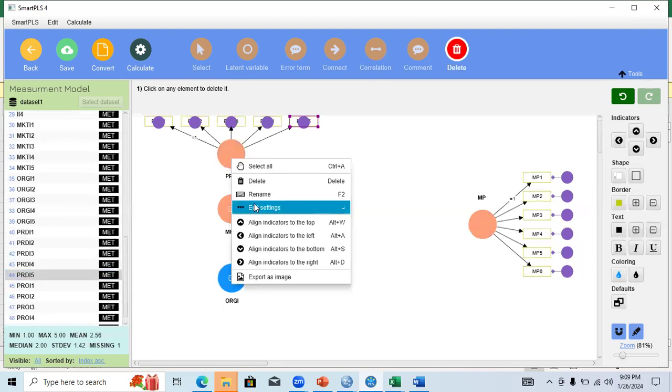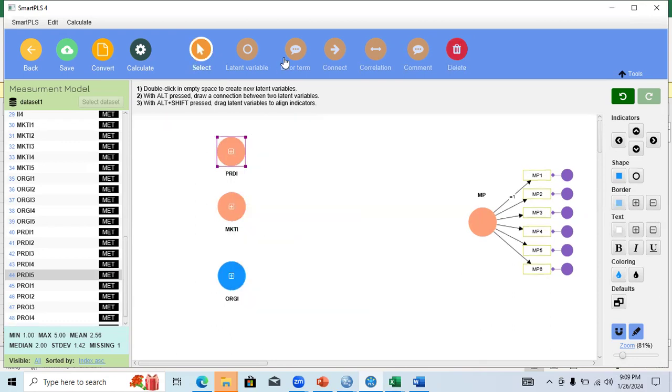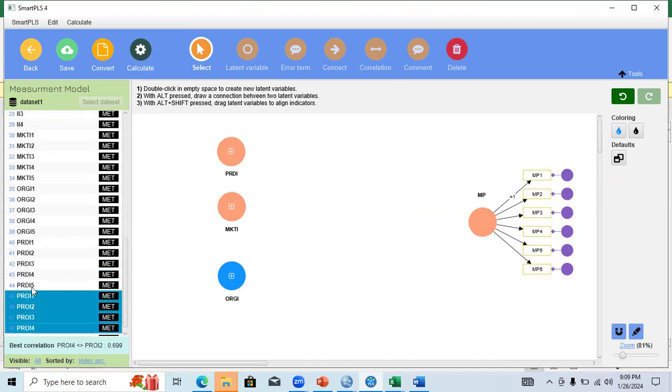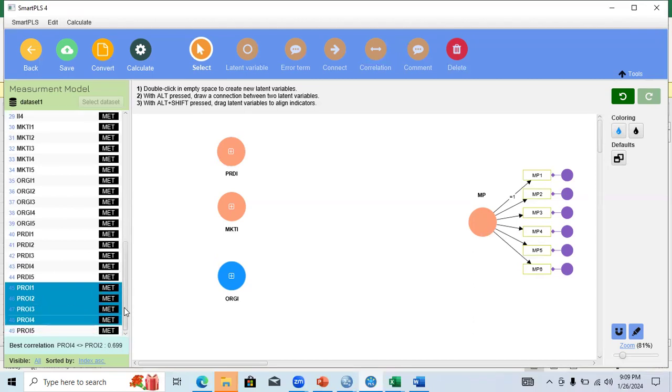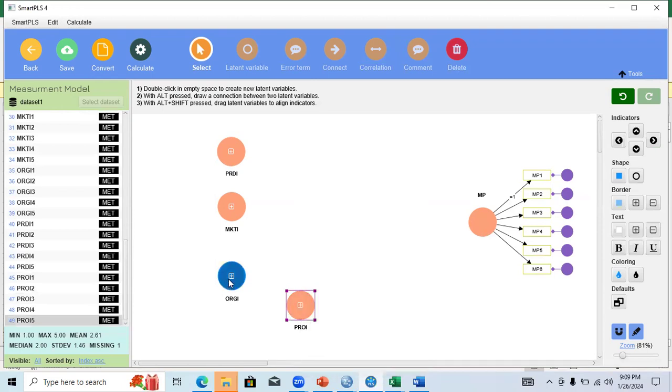You need to hide the indicators just like this. You may include the other. You can find the fourth one like this, hide indicators.